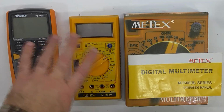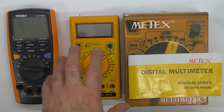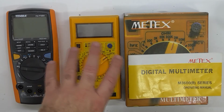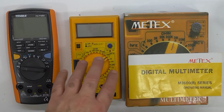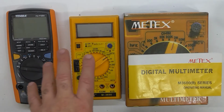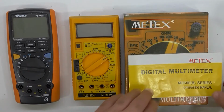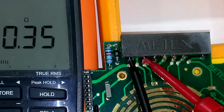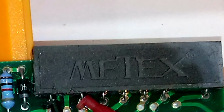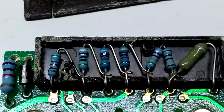So basically what happens is if you calibrate it to a particular range, you don't calibrate every range, and your precision on the ranges that you haven't calibrated then falls back to your precision resistor networks. So in this particular case, this is the manual for this meter,